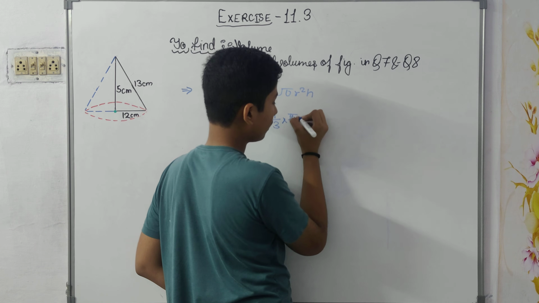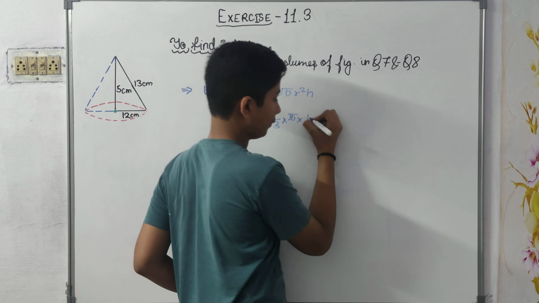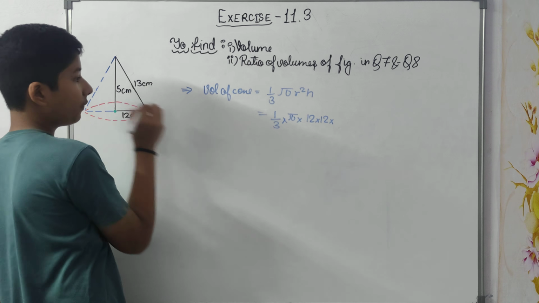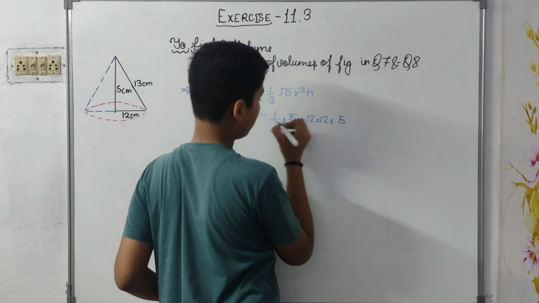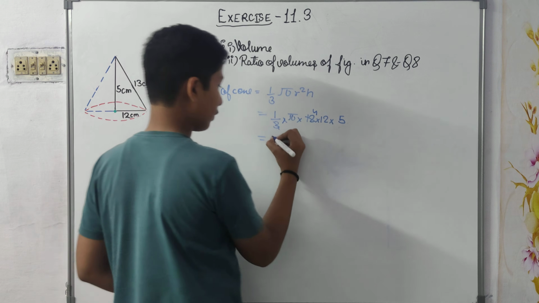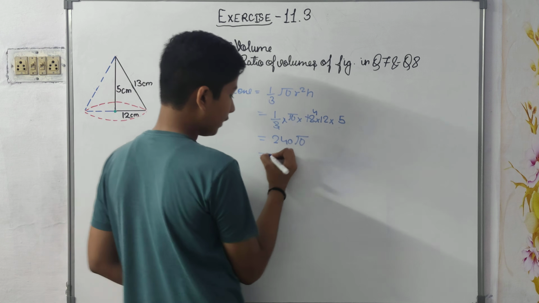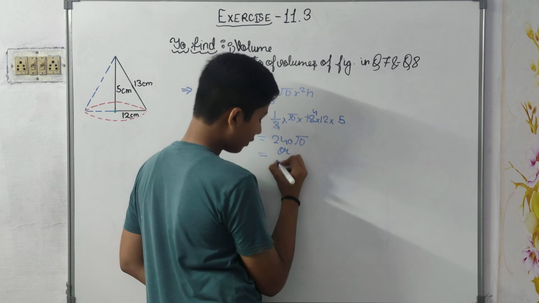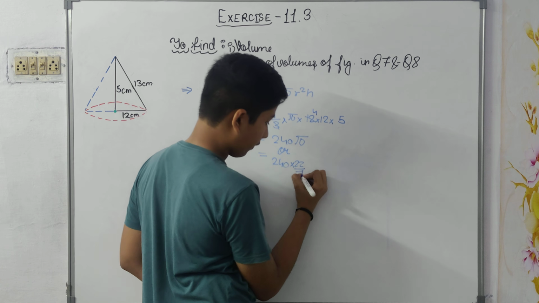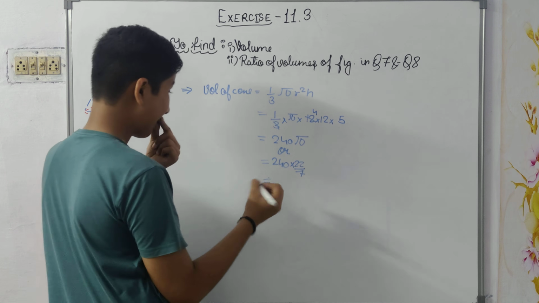Pi into r, the radius, which I said is 12 now, multiplied by h, and h is 5. 3 4 times, so 20, 12 twenties are 240 pi. Or I'll write 240 into 22 upon 7, which will be